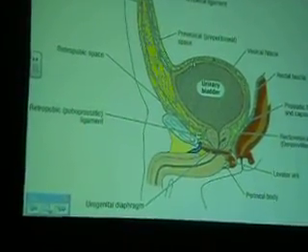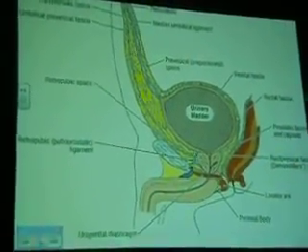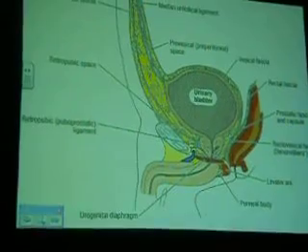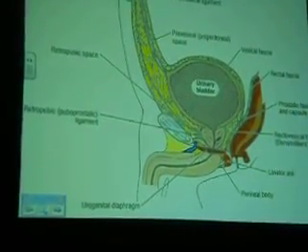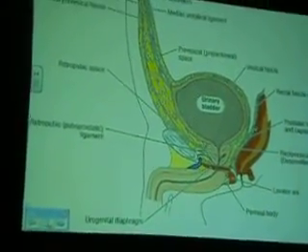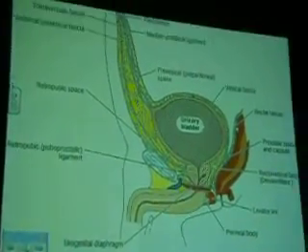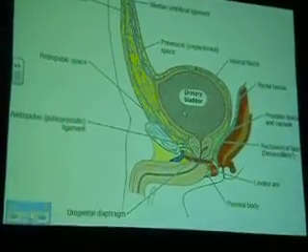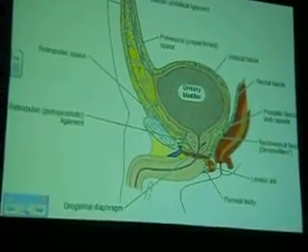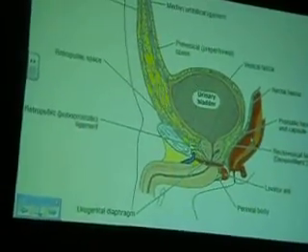peritoneum in that aspect. It covers the superior surface of the bladder and it gets down somewhat onto the posterior surface, but not all the way down, to just about the top of the seminal vesicle. This is the top of the seminal vesicle, just about there. It comes down, and it's reflected off from the bladder onto the rectum, the peritoneum. And it's now forming a recess there called the rectovesical pouch, you remember? And needless to say, we have the rectovesical fascia, which is separating the urogenital apparatus from the rectum proper.